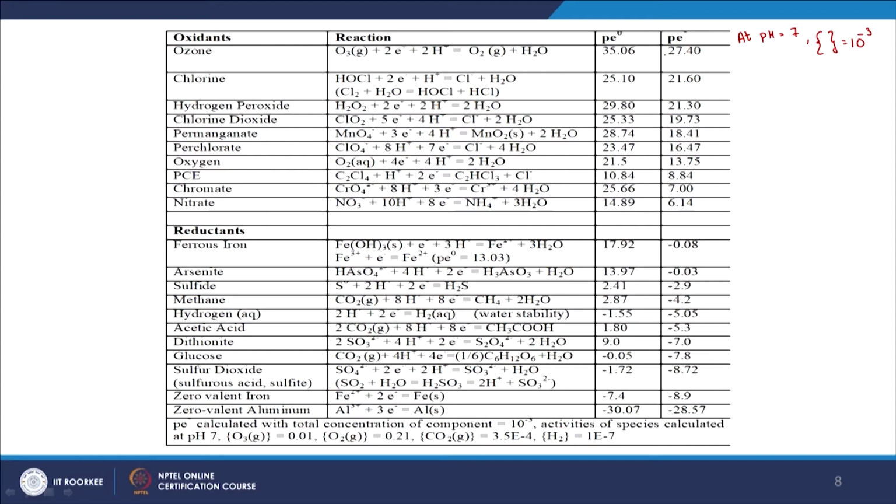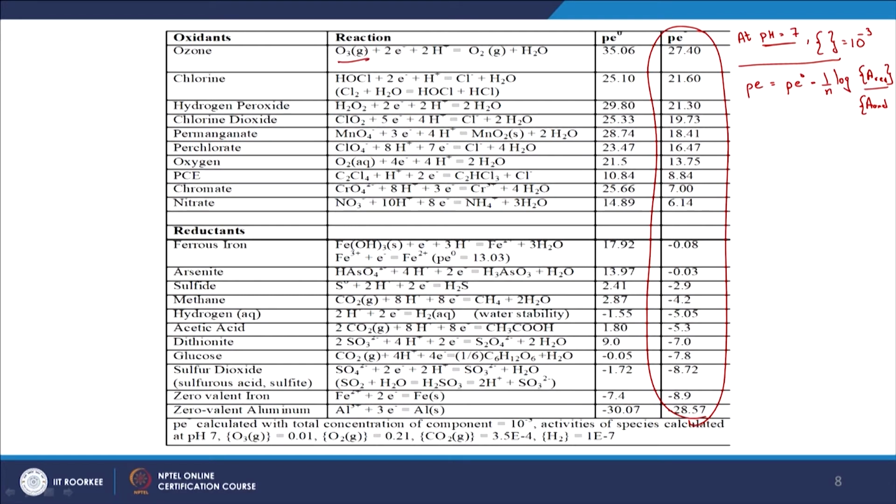So we are looking at this particular calculation for pe, which is equal to pe naught minus 1 by n log of the activity of the reduced form by the activity of the oxidized form, and obviously any other elements too. So for that particular scenario, we now have the pe values, and this will also take into account the effect of pH. This set of data will give us a better idea about understanding which compound would act as an oxidant